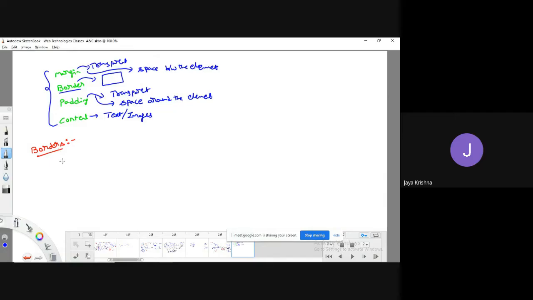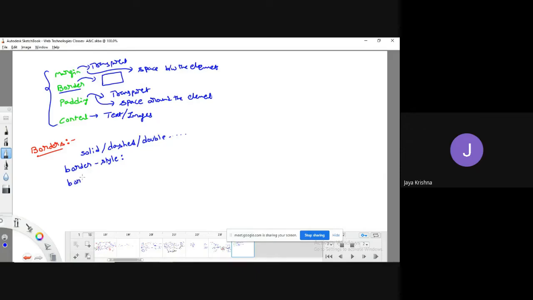Okay, fine. So if you would like to add some kind of borders, you know the borders can be a solid line, or it can be a kind of dashed lines, or it can be double lines. Like that we'll have various kinds of border effects. So if you would like to add various border styles, we can use a property called border style property, which allows you to define the type of border which you want to display around the element.